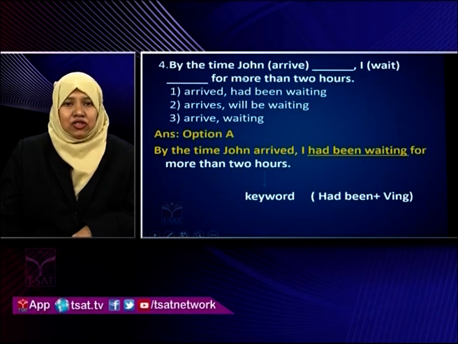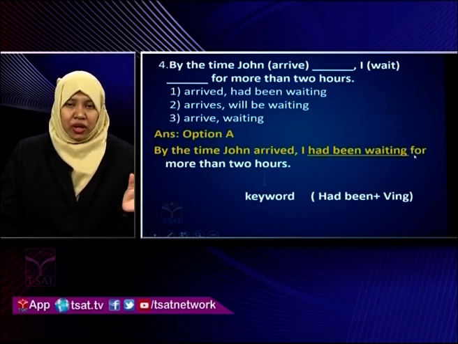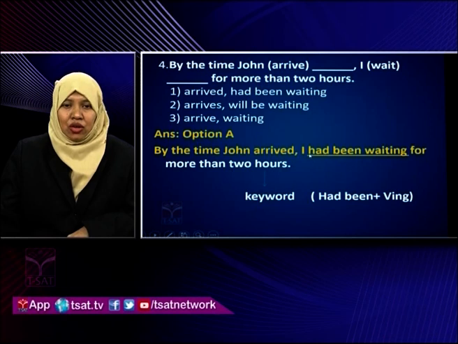I dash for more than 2 hours. You were waiting for him. You had been waiting more than 2 hours. So here the correct option is option A, had been waiting should come. The key word here is 2 hours. Already you are waiting there for 2 hours. So when you talk about a particular time, for is mentioned, a period of time more than 2 hours, you will use had been waiting. You use past perfect continuous.